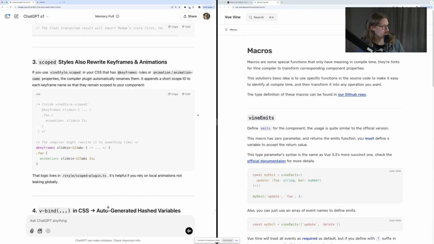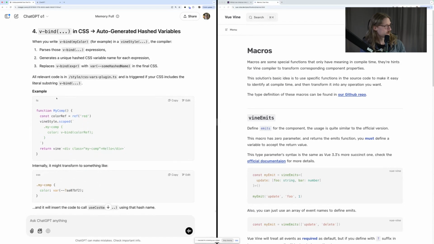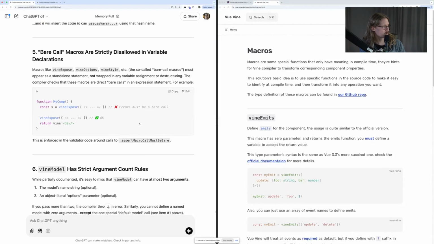Scoped styles also rewrite keyframes and animations. Right, I think this is probably what Vue scoped styles are doing anyway. Interesting. v-bind in CSS creates hashed variables specific to each component, because we've got multiple components and things like that. So I think this is similar to what Vue is doing under the hood. Okay, so